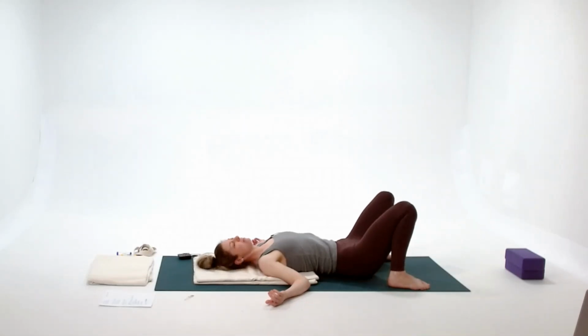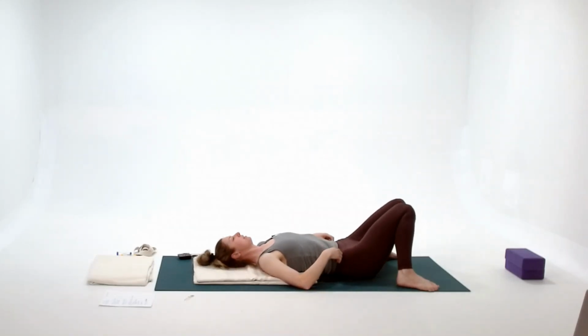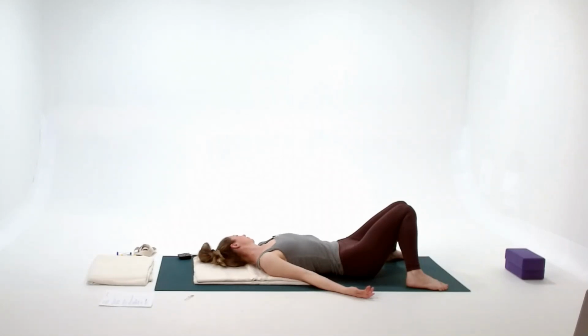So if your back wants a little extra support today, which is very possible after a nice big stretch like Halasana, then keep the knees bent with the feet on the floor and allow the knees to tip in towards each other. Otherwise, extend the legs straight and arms along your sides, palms facing up, and close the eyes. Relaxing everything, but especially through the neck and the shoulders